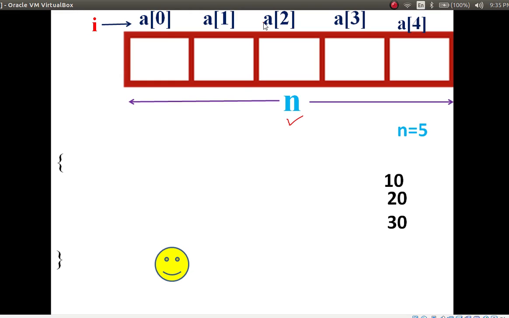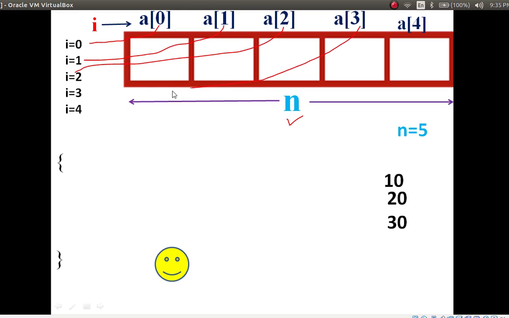The i values are 0, 1, 2, 3, 4. How did we get 0, 1, 2, 3, 4? See here: 0, 1, 2, 3 and 4. Got it? So two variables: one is n, another one is i. i is used to store the index values. n is used to hold the array size.